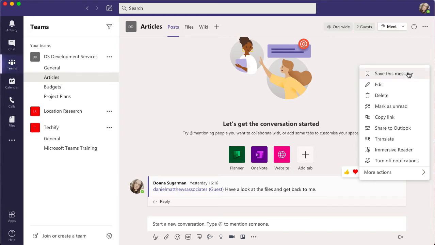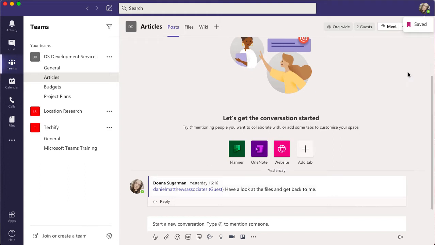So when I save this message, I'll get a little notification just below my image in the top right hand corner. And it'll just tell me that it's saved and I've got a little purple ribbon. So I can go on and continue to do what I need to do now. And when you save that and you want to go back at a later time to go and access your content, the piece that you've saved, or you may think about it as bookmarking a message,